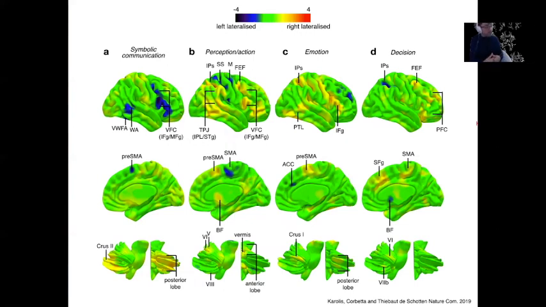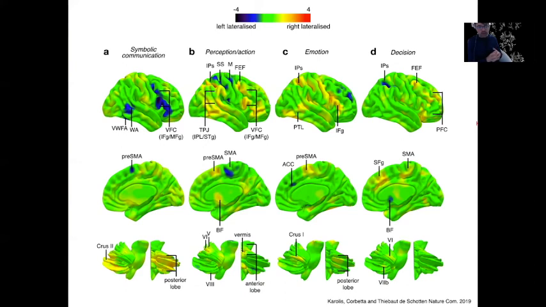The perception action, with in orange the typical areas that we found activated during the spatial attention, and in blue the somatosensory cortex in the left hemisphere. The manipulation of emotion with the ventral frontal-parietal network that we can see here, some involvement of the amygdala, and the decision making that is strongly right lateralized for the prefrontal cortex, but also involves the intraparietal sulcus. And so those are the 4 dimensions of brain lateralization as we know it.